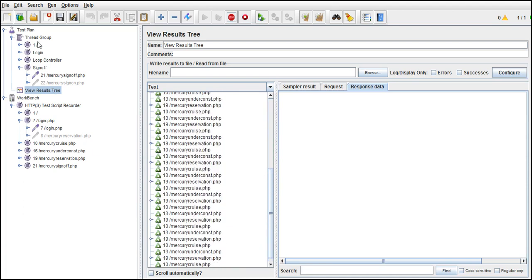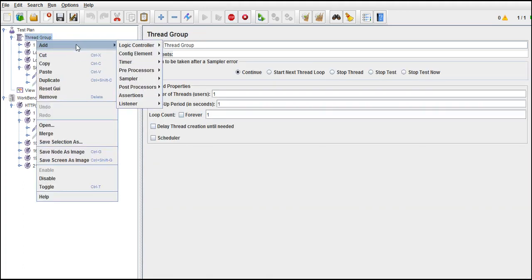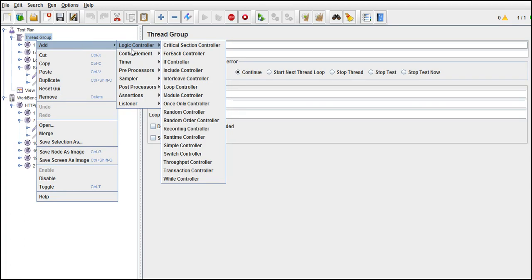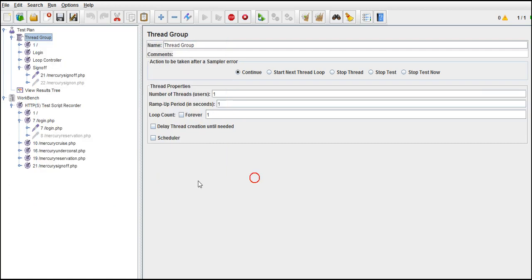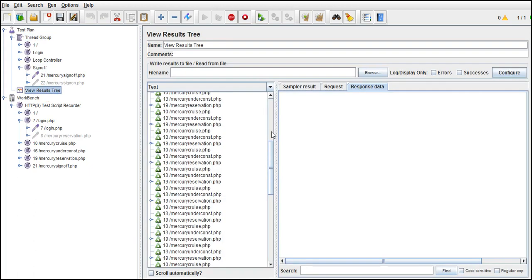Okay, let's see the other controller without wasting much time. Let's be quick and learn something new in each and every minute. Now we go for the while controller. Before that, the results tree shows execution is still going on.